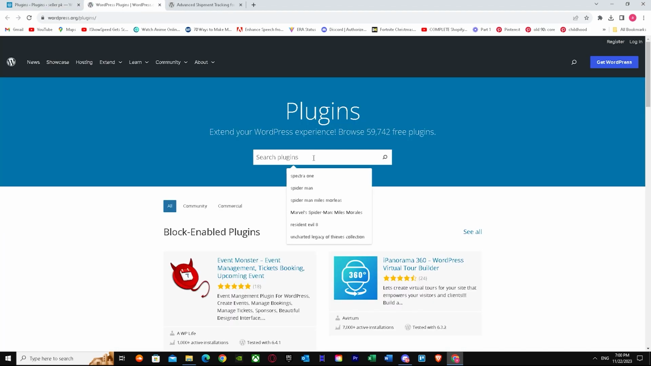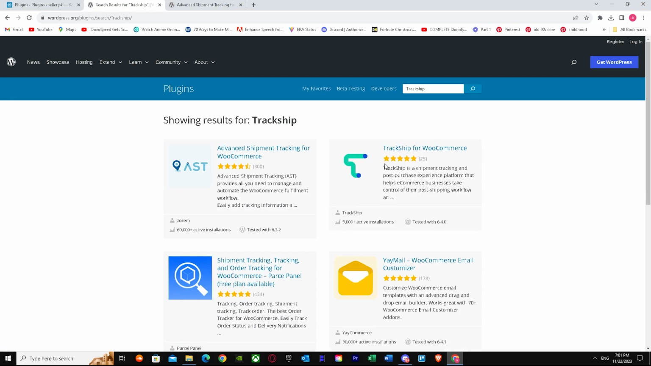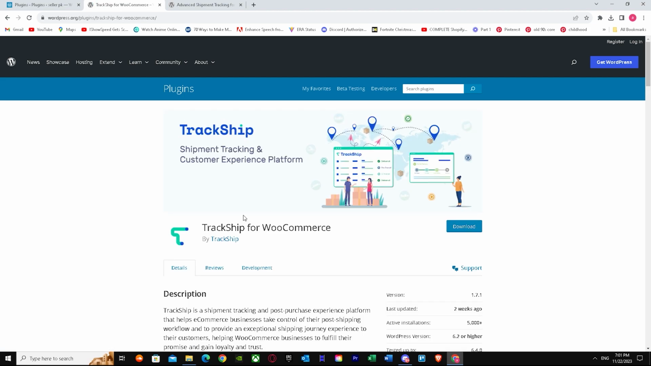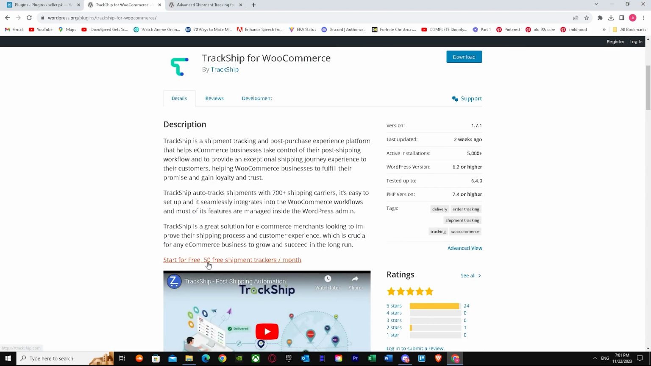You just have to go to plugins again and search up TrackShip. Once you search it up, it might not show up for me, but there it is. This is exactly what you need. It's again showing the download for me, but it will show you the option for install. Just press on install. Once you install TrackShip, as you can see, its description says TrackShip is a shipment